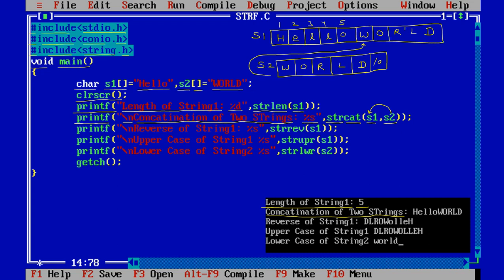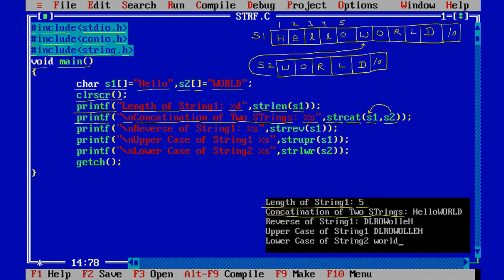Now this is implemented into s1, and at the last \0 will come. \0 is a terminating special character. So the compiler is not going to take that particular character, that means this will be ignored. It is only for marking the last, meaning this is the end of the string. So we cannot say that hello \0 then world \0. No, \0 will only come at the last because hello world is now combined.